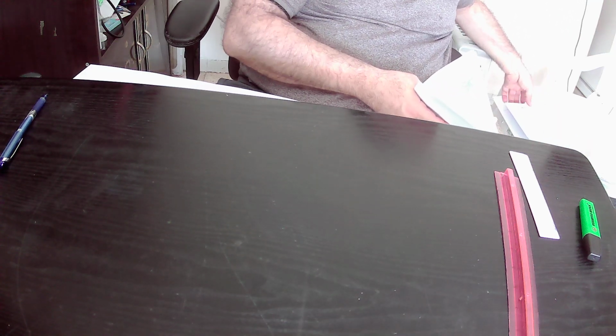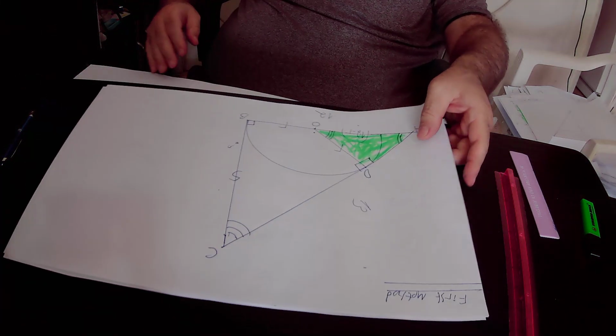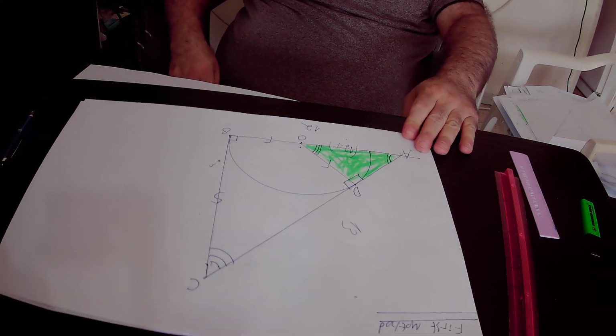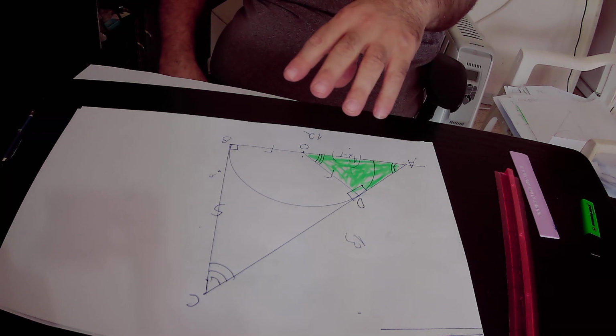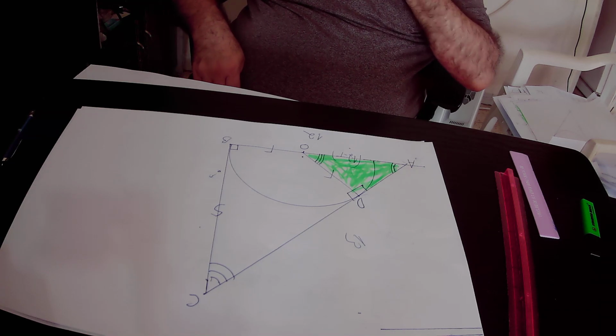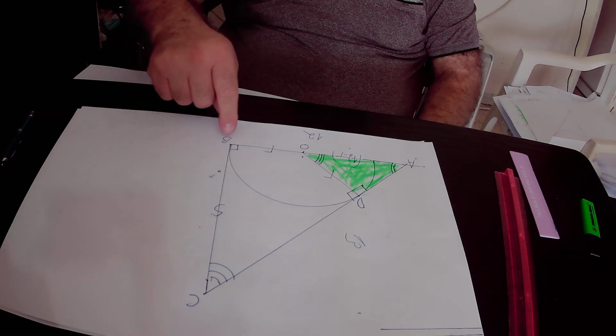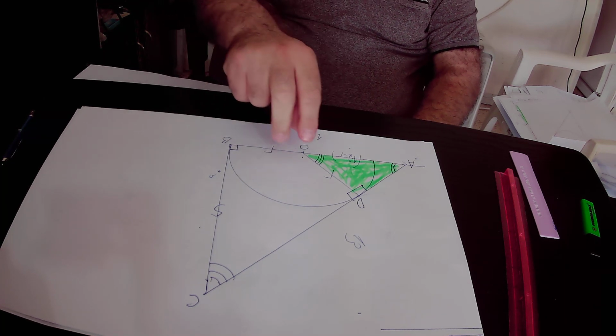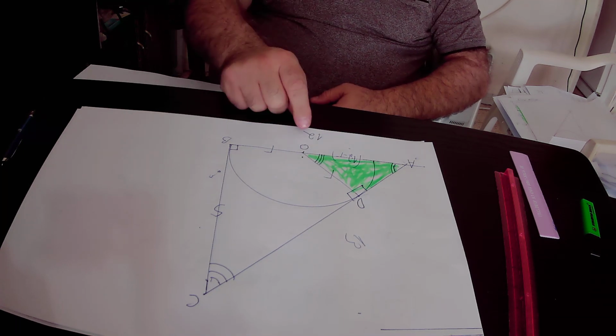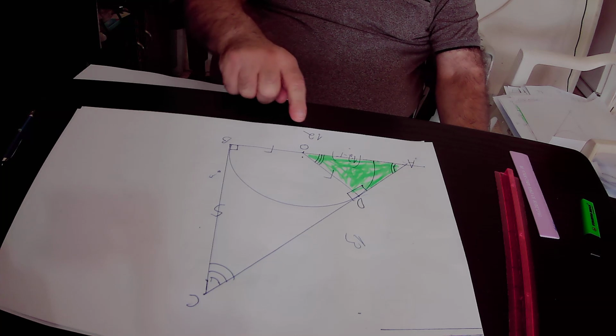In the first method, we have here a semicircle that is inscribed by a right triangle, triangle ABC. CB equals 5 units, AB equals 12 units, angle ABC equals 90 degrees, and we want to find the area of the semicircle. We defined the center of the semicircle as point O, OB is R,